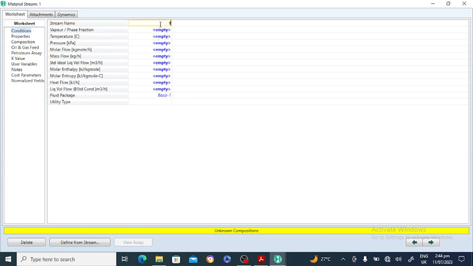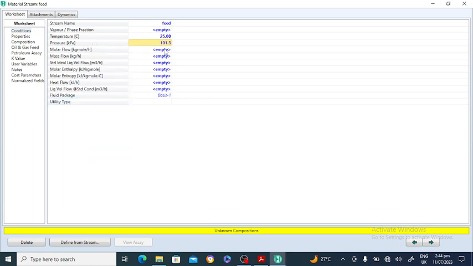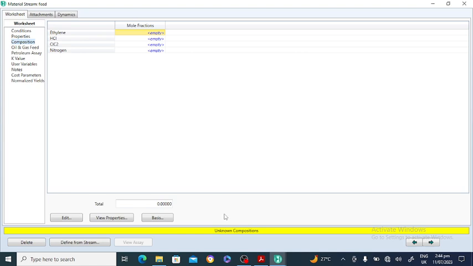So this is the feed to the mixer, and it is at 25 degrees centigrade. In the question it is at 25 degrees centigrade and 1 atmospheric pressure. The molar flow rate of the feed is 100 kilomole per hour, and the composition of the feed consists of